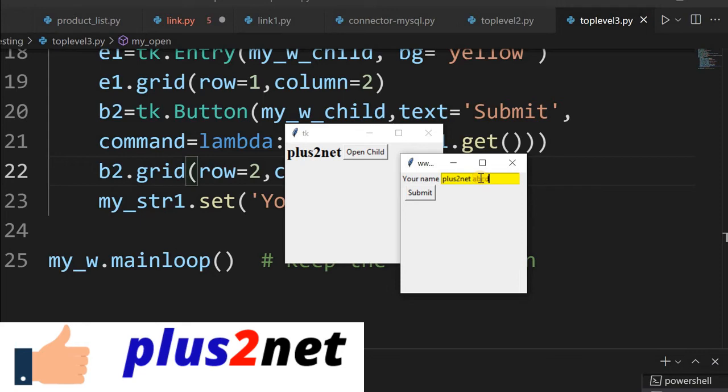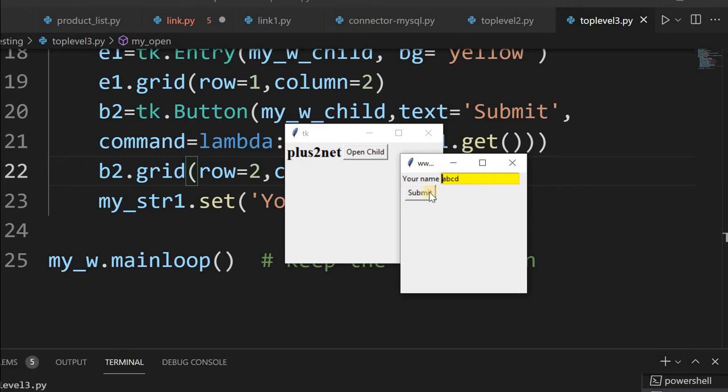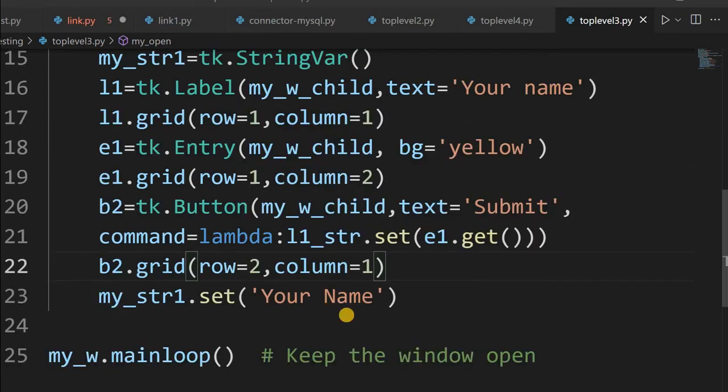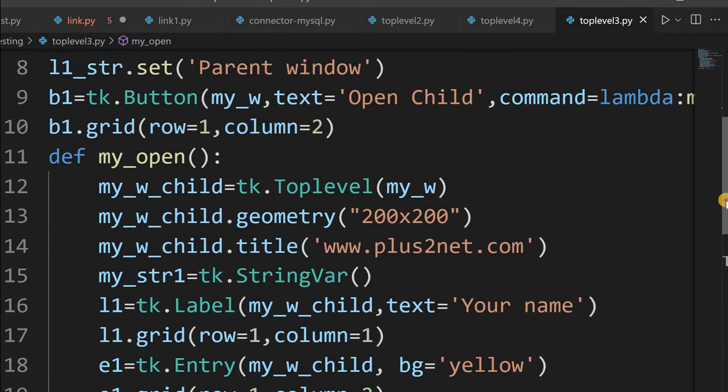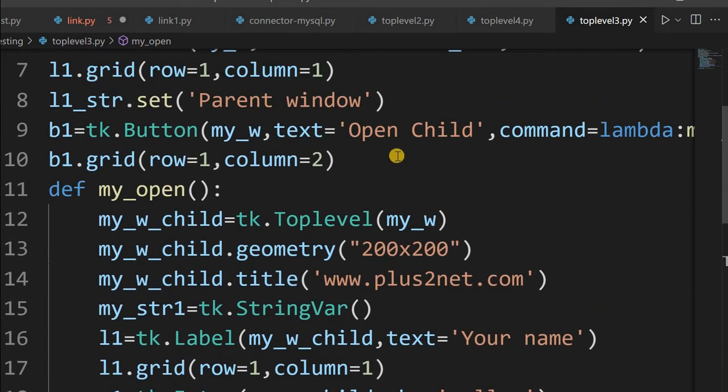A, B, C, D again. Let me remove this part. Whatever I write here, that will be reflected there. So that is how we'll pass the data from a child to parent. Reverse way also we'll try. We'll add one entry box at the parent window, and whatever data we enter, that will be passed on to